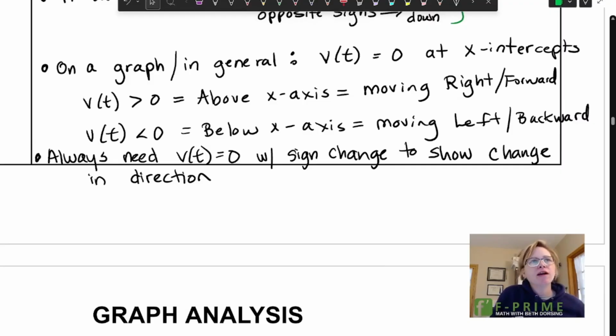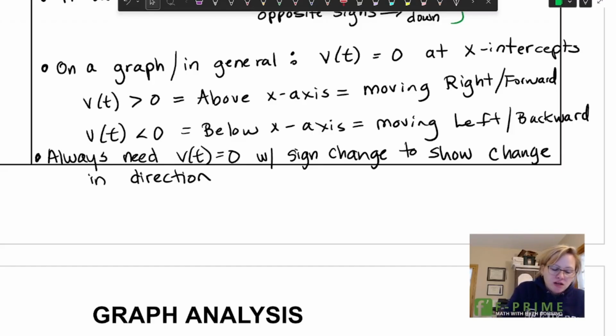And final reminder here, you're going to be asked probably at some point to know if a particle is changing direction. So it's really important to know that you need two things for a change in direction for linear motion. You need that velocity to be 0, and then you need to show a sign change. In other words, on a graph, you need your graph to look like this. So if you have a velocity curve that looks anything like this,